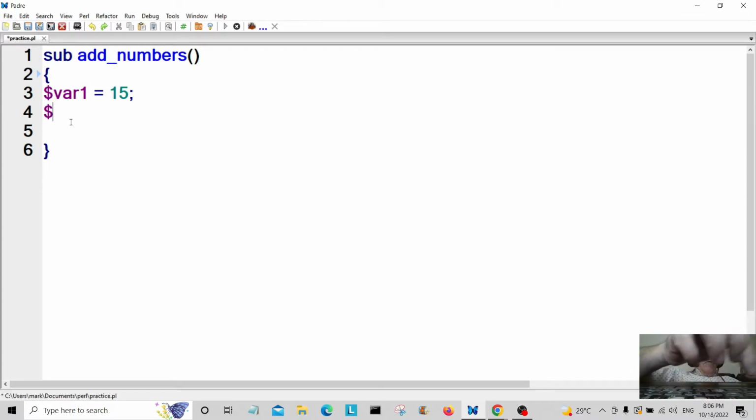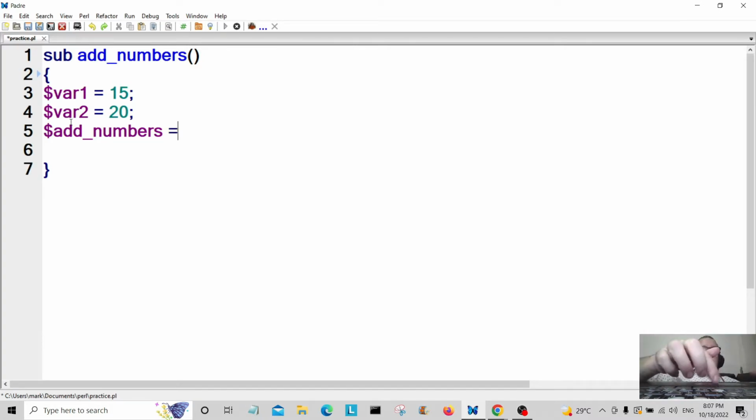And then we've got var2. And that's going to be equal to 20. So var2 is equal to 20. And now we're going to add the numbers together. So that's going to be a scalar that I'm going to create called add numbers. So if anybody sees that, they'll know what it's all about. Okay, so add numbers is equal to